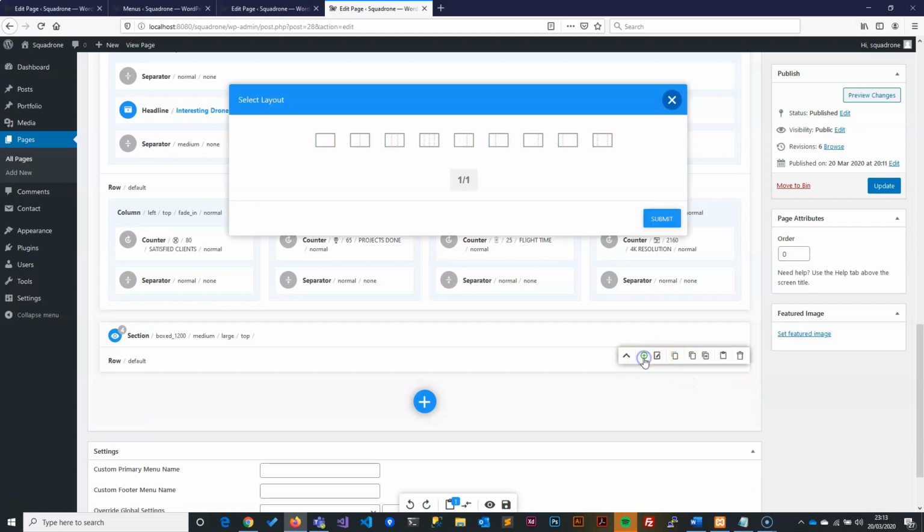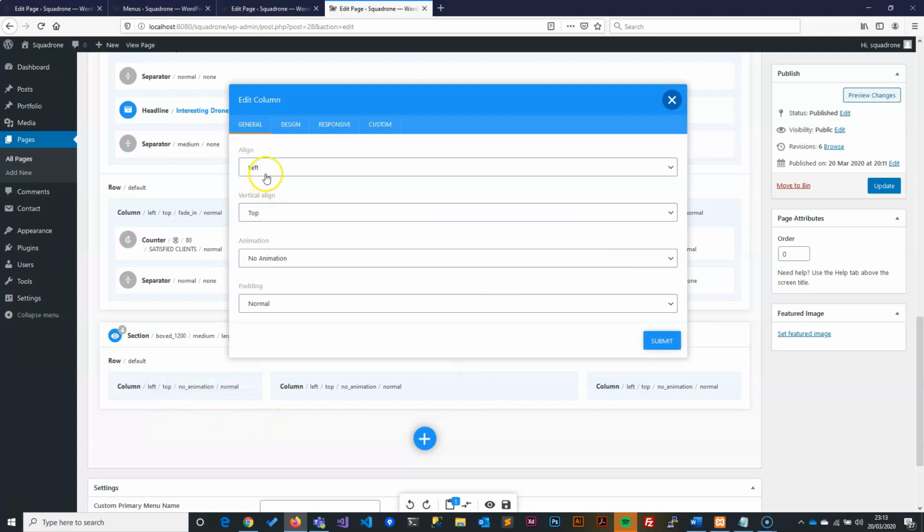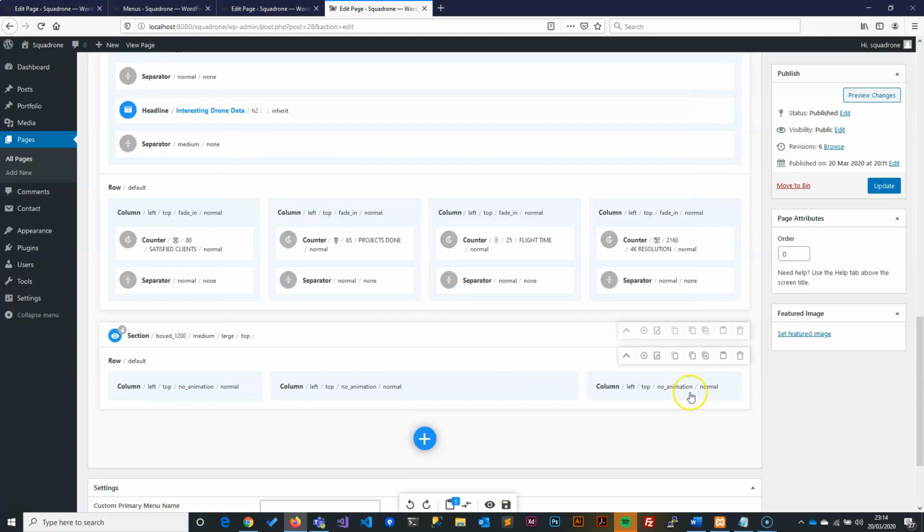On here, we want to create 3 columns, and I think this will look nice, so we use this. Okay, so we have the 3 columns. We'll set these columns quickly. So we will have left, top, and no animation this time, and then leave it as normal. Left, top, no animation, leave it as normal. Okay, so now we will leave it as it is for now